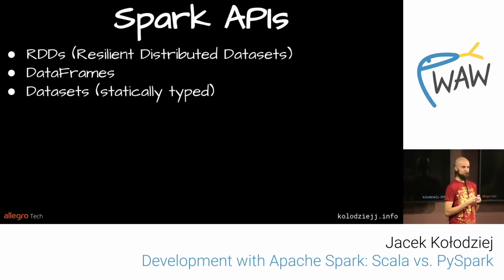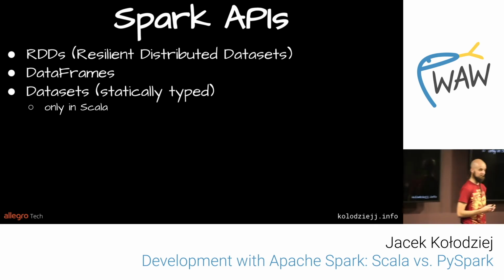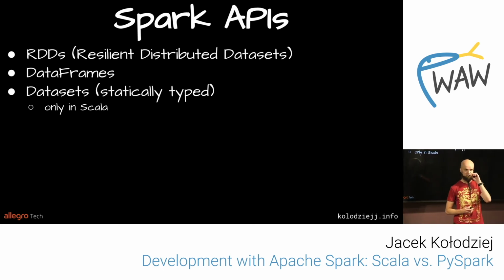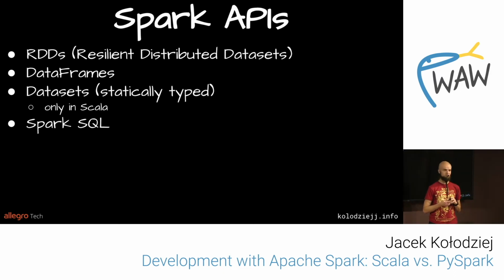Spark offers you an API called datasets, which are a very native way of working with JVM objects that are statically typed. And as you can guess, you can't have statically typed code in Python, at least not in CPython. So this is available only in Scala. There's also an API called Spark SQL. If you want to write more in a SQL manner, as long as Spark SQL supports operations you need, you